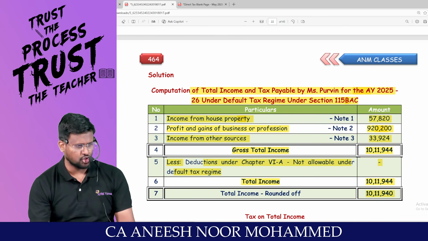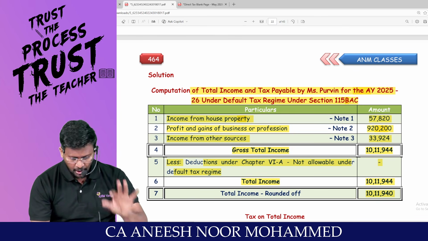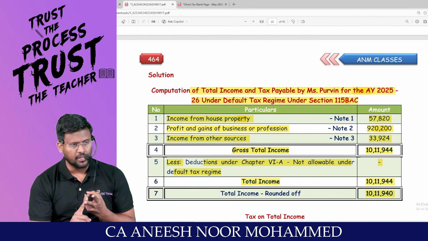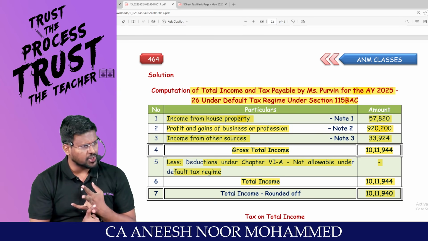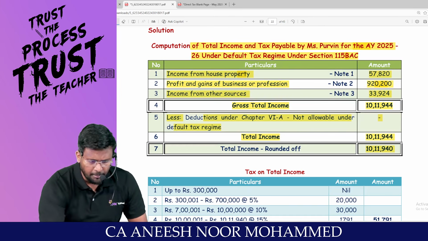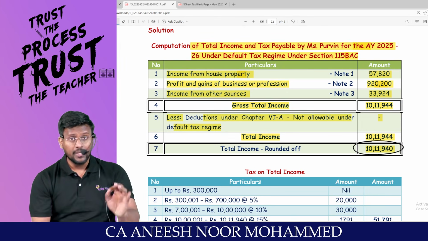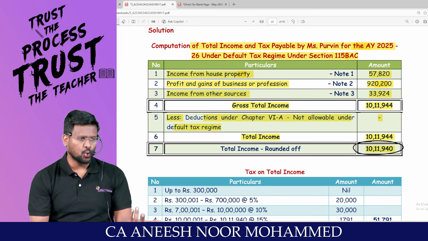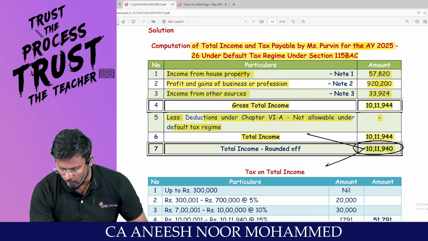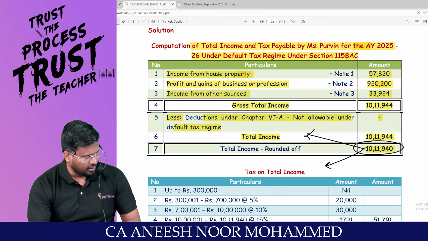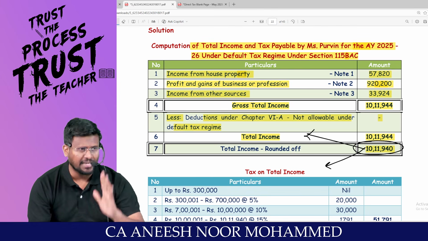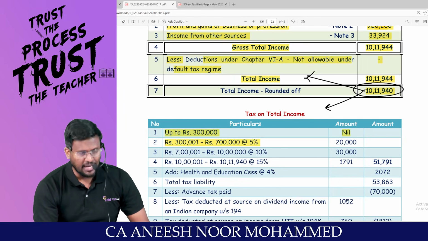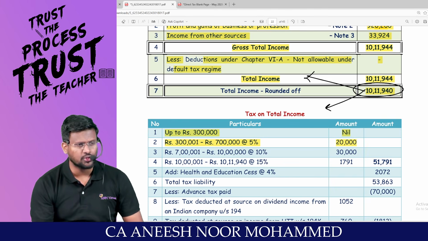Now this is what tax regime? Default tax regime. Simple. House property, normal income, special income. Normal income. PGBP, normal income. IFOS, normal income. That means your total income comprises of only normal income. Am I right? Which is less than 50 lakh. Which is more than 7 lakh. That means there is no question of 87A rebate at all. As we all know, in default tax regime, we are having up to 15 lakhs. Are you all really with me? Up to 3 lakh rupees is nil. 3 lakhs to 7 lakh, for the next 4 lakh, 5%, which comes to 20,000.